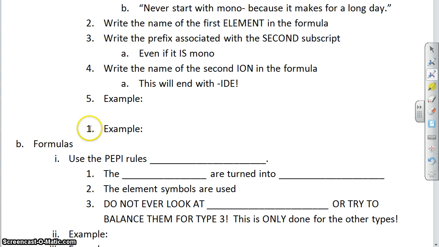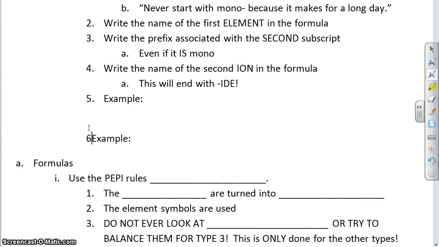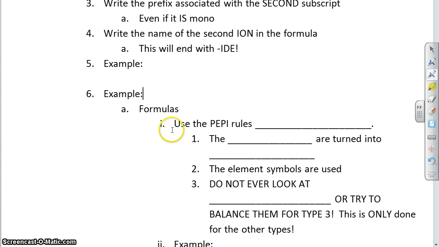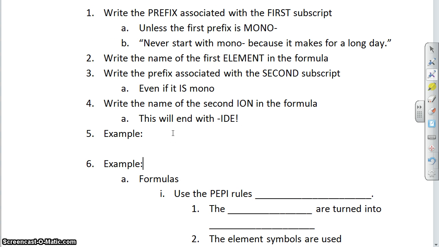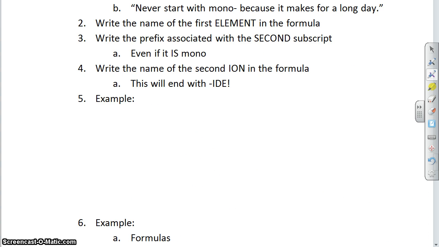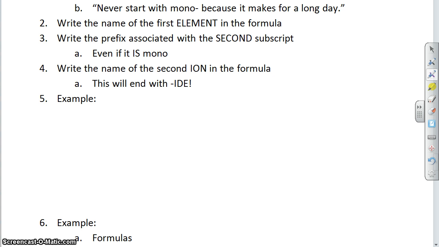You just blindly follow whatever that will give you. You don't need to worry about charges. You don't ever look at charges. Actually, I'm jumping ahead. Oh, I guess we're starting with a formula, so there wouldn't be any need for charges anyway. So let's do the example. The classic example that everyone probably already could do is